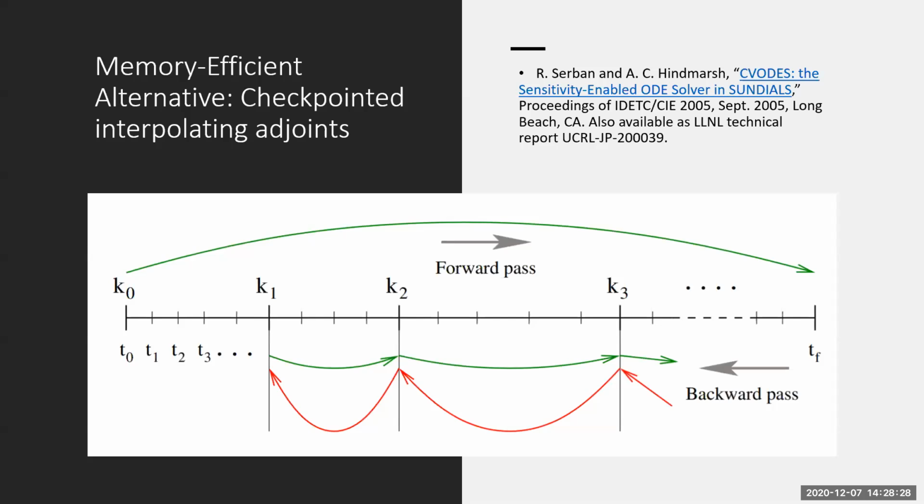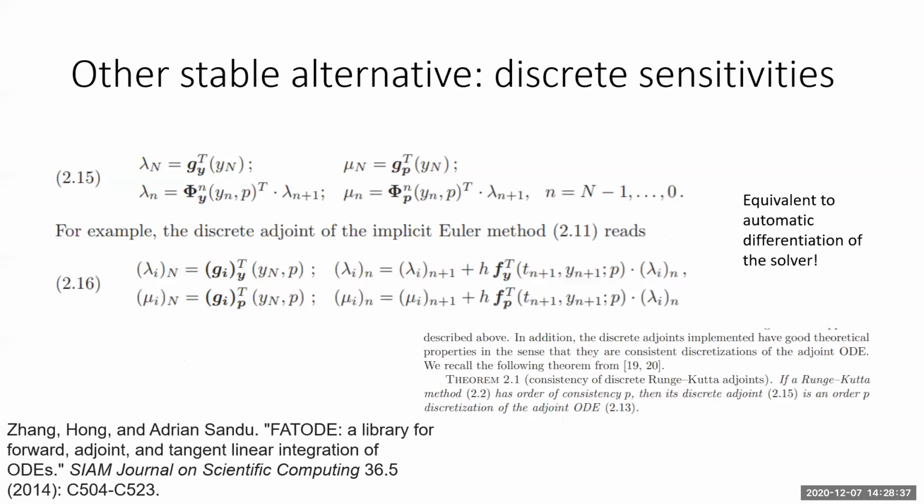So there are ways to be able to handle this. So for example, you can always make sure that you're only doing forward passes. This is actually a classic method from the Sundials CVODE suite. Or another way that you can do this is what's known as discrete sensitivity analysis, which is actually equivalent to doing reverse mode automatic differentiation of the solver code, where you keep the PI time step controller constant with respect to the reverse mode automatic